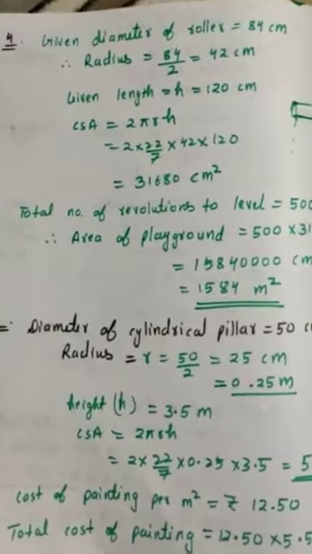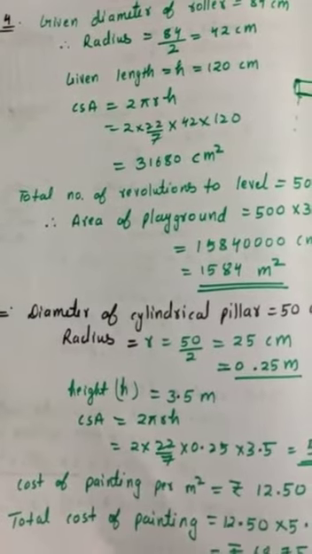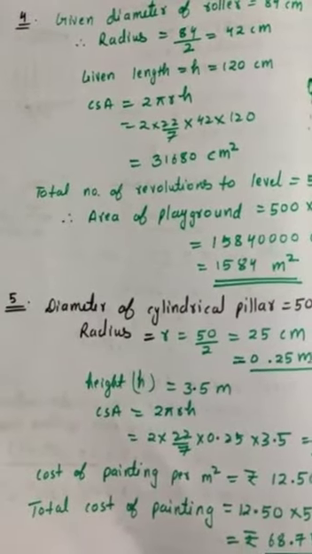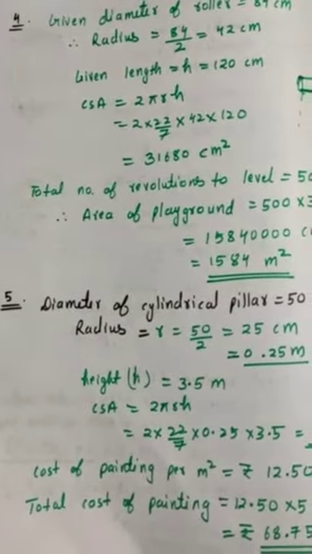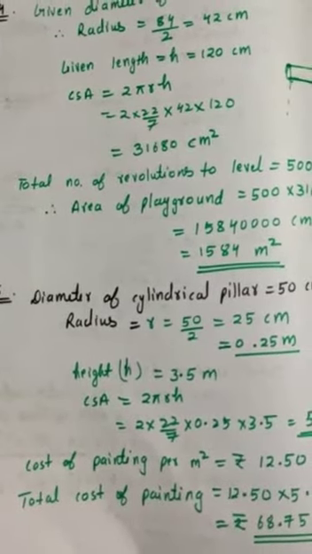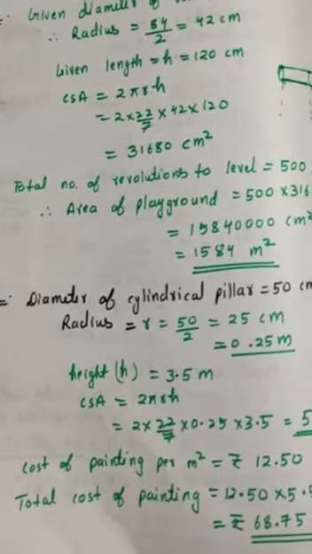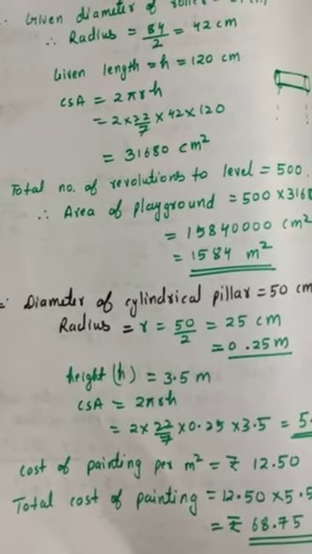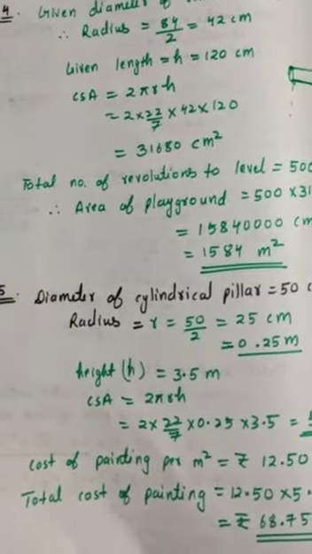Okay. So I hope all of you have understood all the 3 questions. So please complete this exercise till question number 5 we have done. Try to do question number 6 and 7 by your own. Those are very simple questions, and then we'll continue from question number 8. So complete till question number 7.